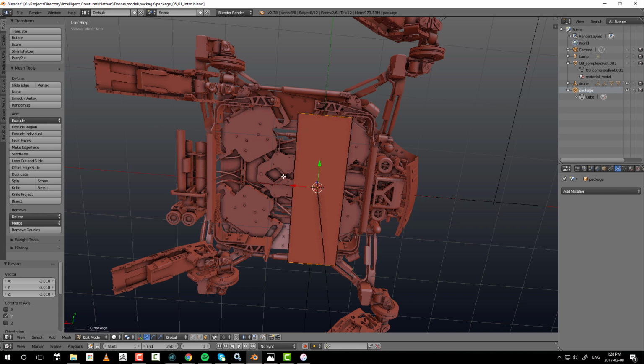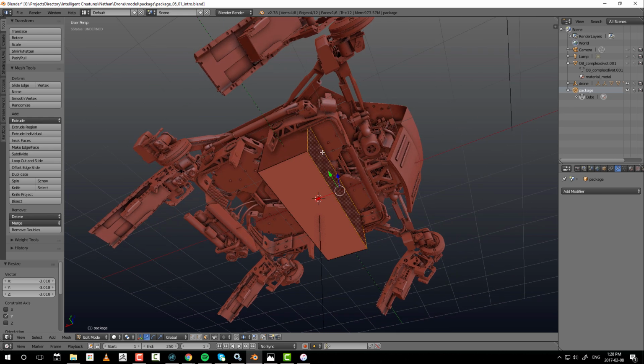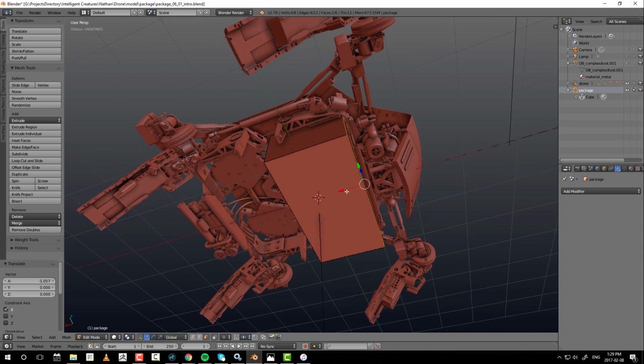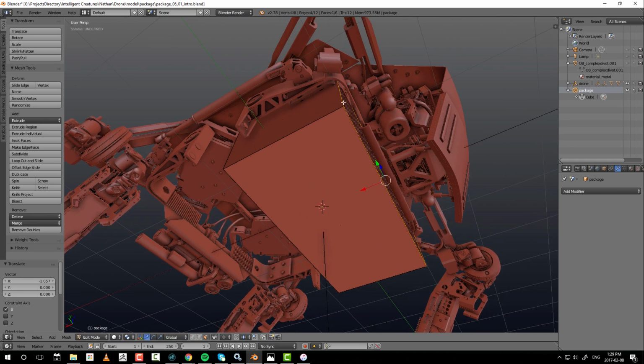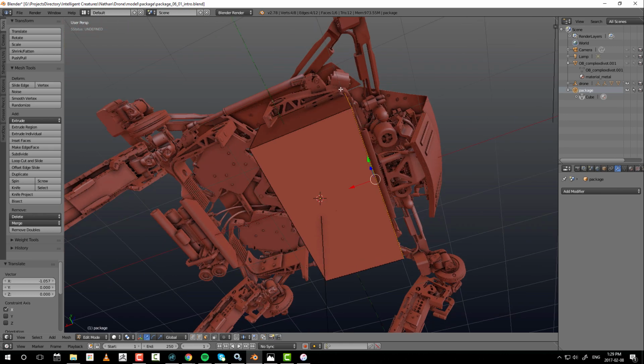Now, as you can see, of course, this box wasn't centered exactly around the drone because the drone itself is not centered. So in this case, what I'm going to do instead of scale for the next step is to move. So right click to select the single polygon and use this handle, left click on it and move it to where it needs to go. Now, I'm not worried about intersecting here because there is going to be a bevel on this edge later on. So that's going to actually fit this box closer to this rounded shape that we have at this corner